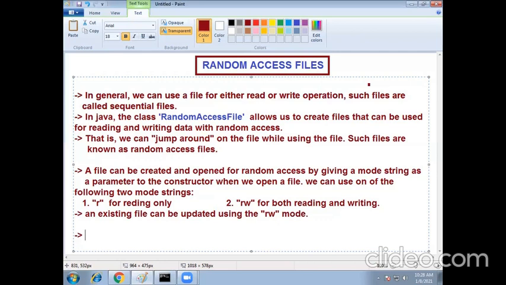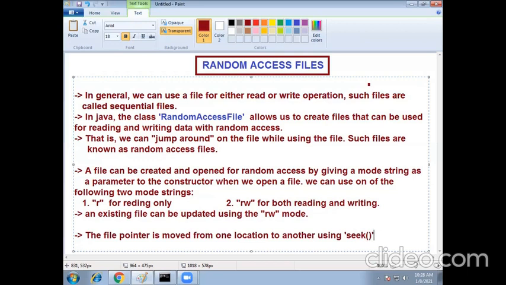There is a function called seek. So the file pointer is moved from one location to another using seek.